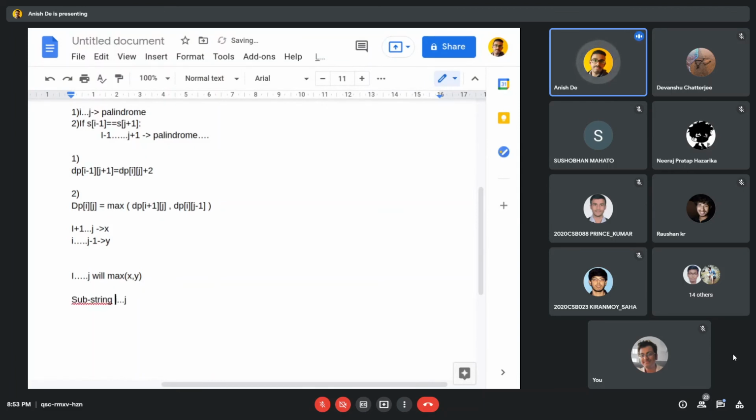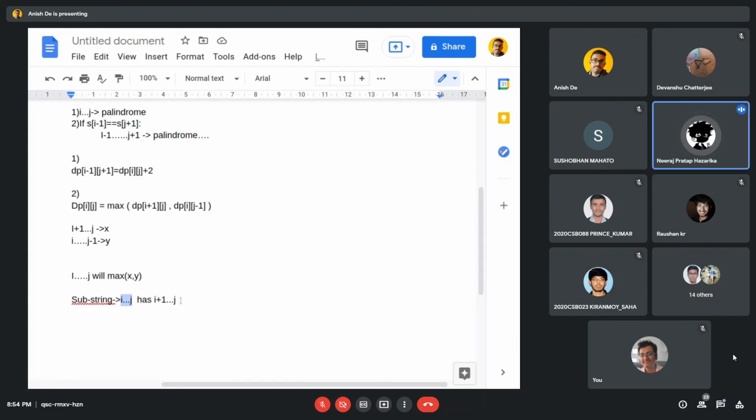The substring i to j has i plus 1 to j inside it, meaning this substring has this substring inside it, right or wrong? Right. So if this substring has a palindromic substring of length x, this will also have a palindromic substring of length x, because this substring is contained inside this.